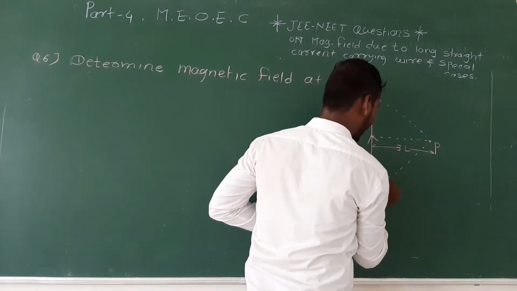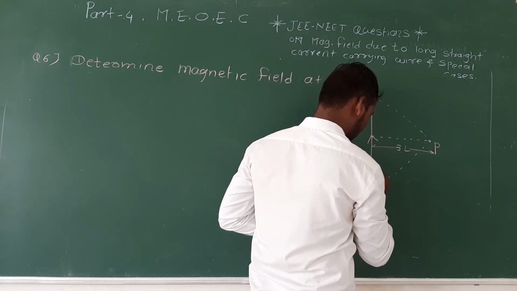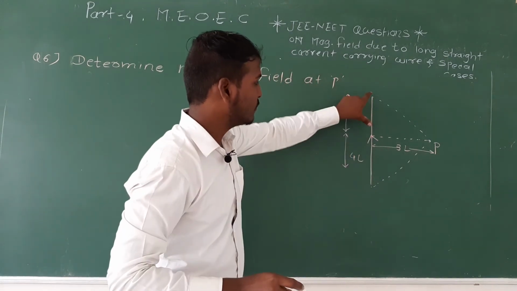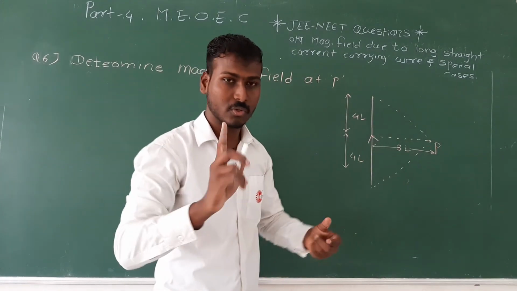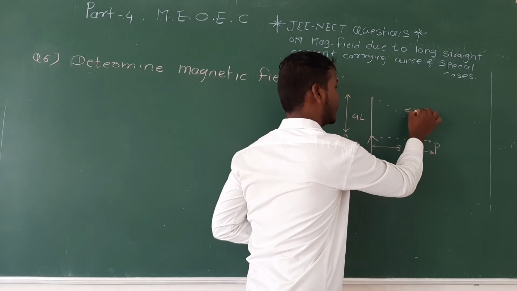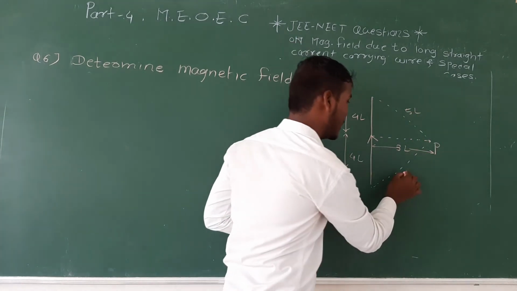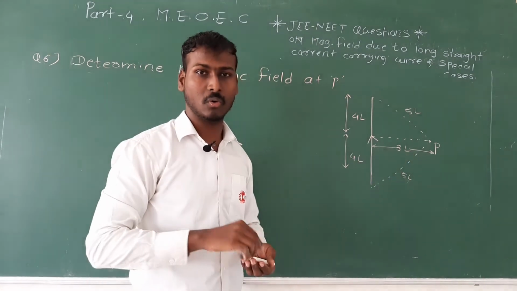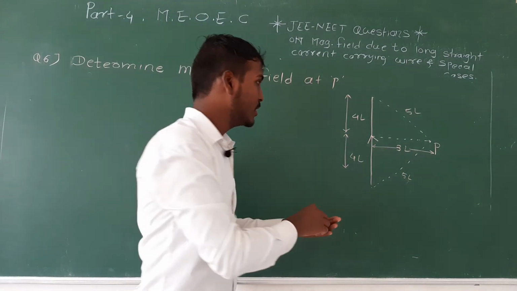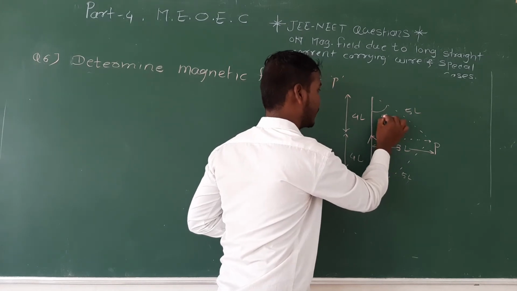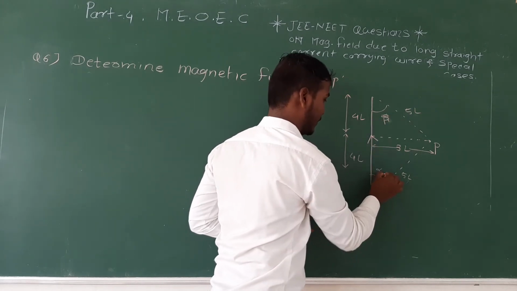We will go for alpha and beta. You know that. But here they have given us the lengths. This is 4L, this is 3L. So you know that by Pythagoras theorem, this will be 5L. Am I right? Similarly, this will be 5L. This is what you should know. If you got this, then definitely you can easily find out alpha. Sorry, this is the beta and this is the alpha.